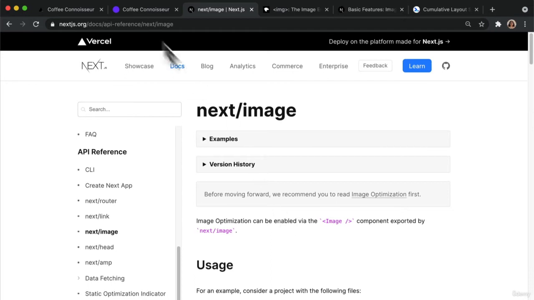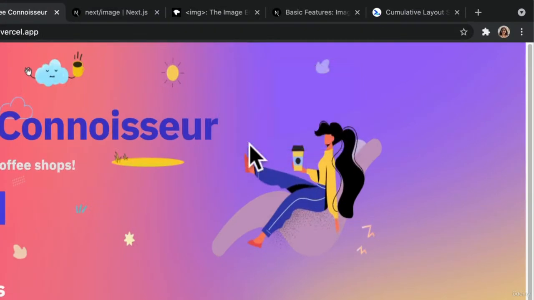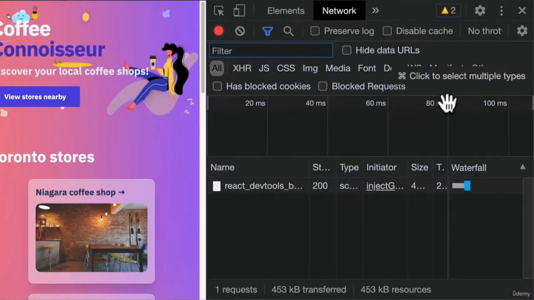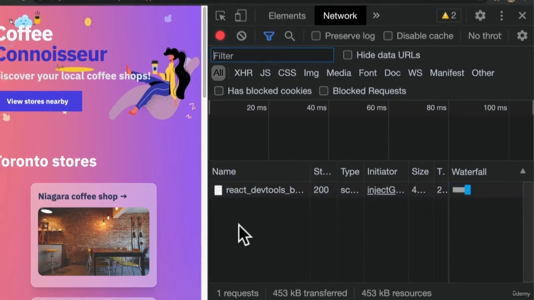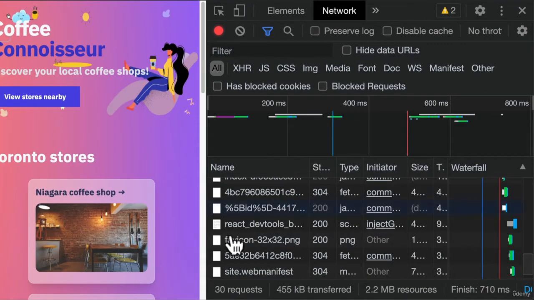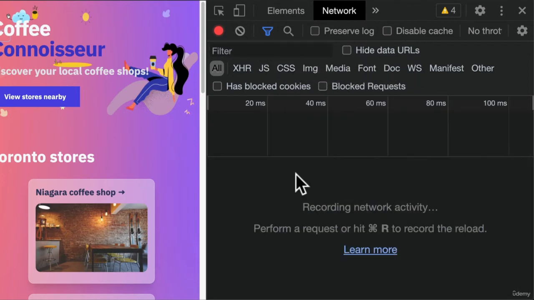Now let's go to our app, which is already built, Coffee Connoisseur. And let's open up DevTools. Let's head over to the Network tab. A Network tab is essentially a place where you can monitor and view all your network requests. Now in this case, let's go ahead and refresh the page. Now it has downloaded a lot of stuff already, right? So let's clear it just in case so that we see a fresh session